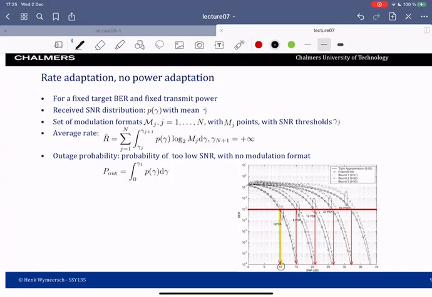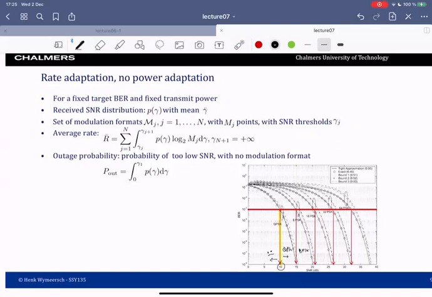So if the SNR is below 10 dB, we don't transmit anything. If it's above 10 dB, we can send QPSK. Of course, if it's above 15 dB, we should send 8 PSK. It doesn't make sense to send QPSK because QPSK would have a very low bit error rate, much lower than